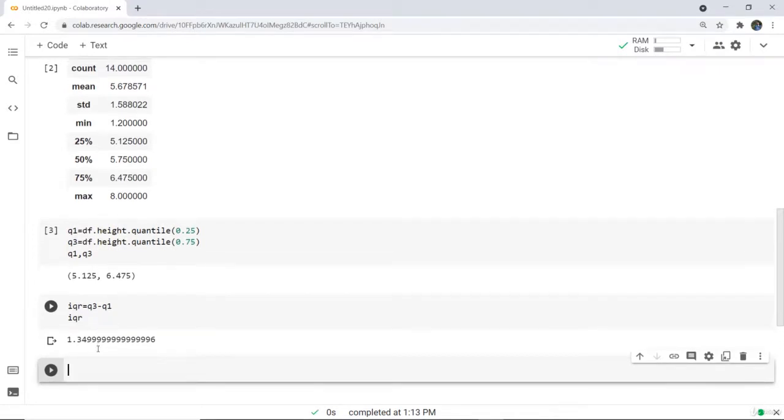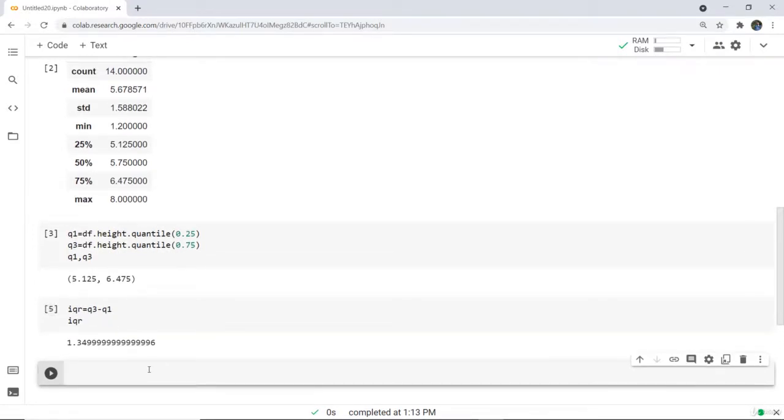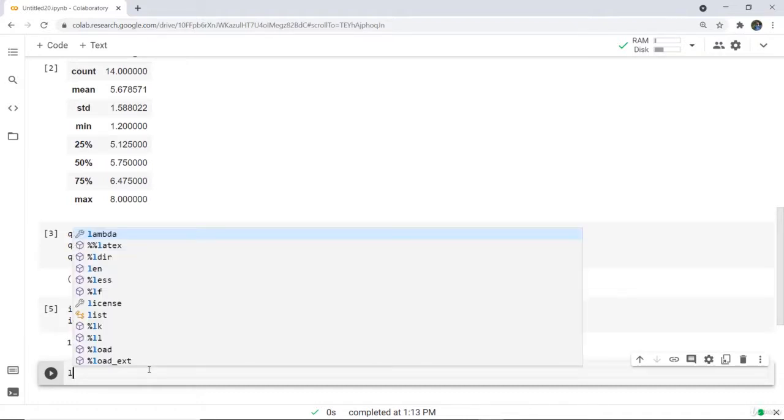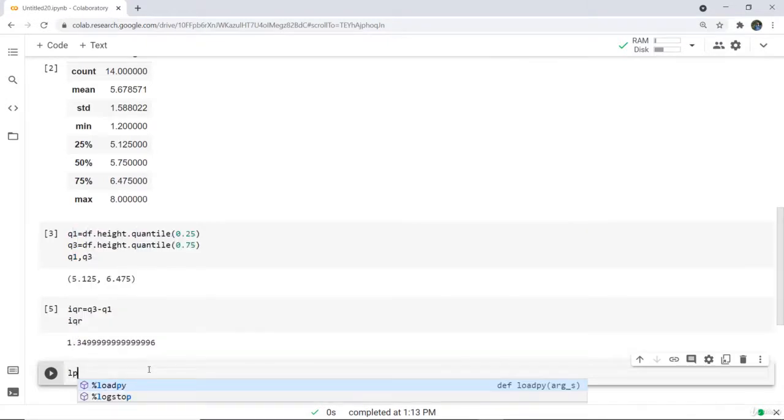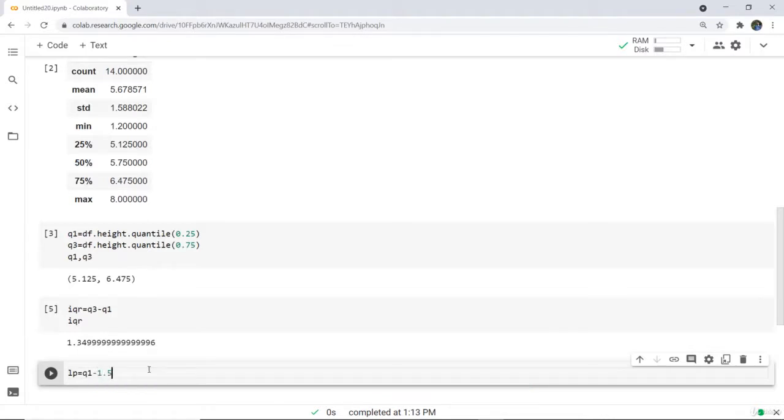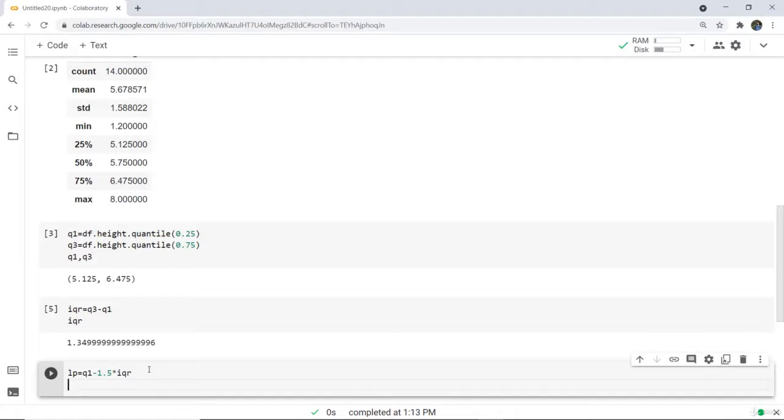Now what we need to do, we need to set a lower limit and upper limit, and then we will find the outliers only. So this will be our lower limit that I am writing as LP, let's say, and LP is equal to Q1 minus 1.5 into IQR. Two things which we need to find, we checked also while I was discussing the theory portion, and the upper limit which will be there, that I am writing as UP, is equal to Q3 plus